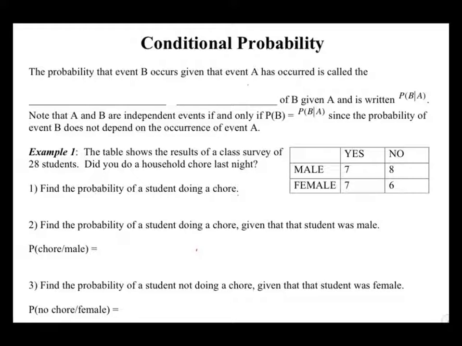Conditional probability is the probability that event B occurs given that event A has occurred. So conditional probability is essentially a type of probability that is conditional upon another event. So we write it as probability of B